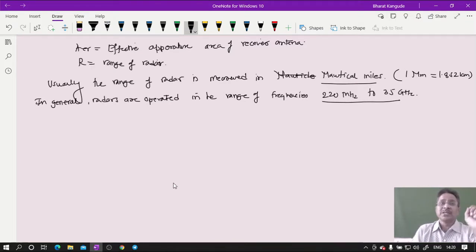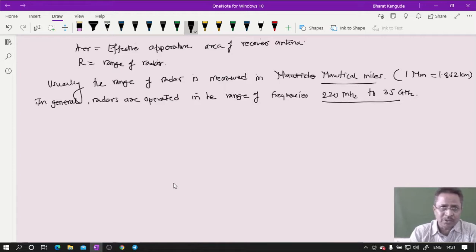Based upon that, for example, take an airport, say Pune airport. The radar which is operating at Pune airport, its range must be more than 100 kilometers. If it is only 10 kilometers and two aeroplanes are coming from two different directions simultaneously, then it will be very difficult for the operator to decide whom to give the first permission to land. Or at the same time an aeroplane may be leaving from here and another aeroplane may be close within 10 kilometers, then there is a problem. There may be a chance of clash or accident between these two aeroplanes. So to prevent that, we have to keep the range sufficient.